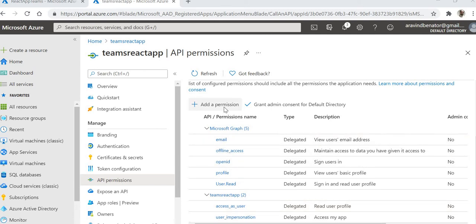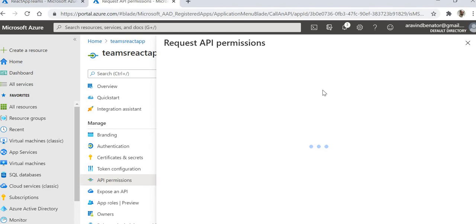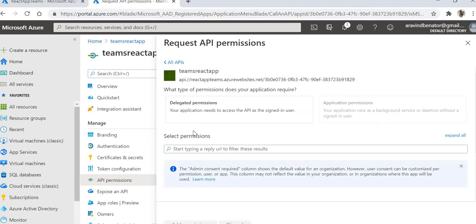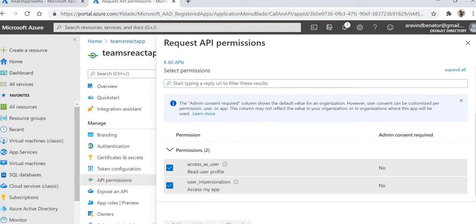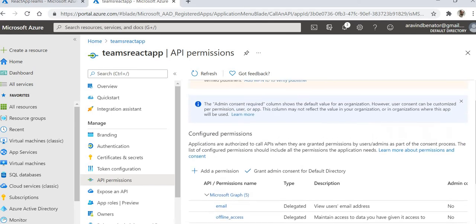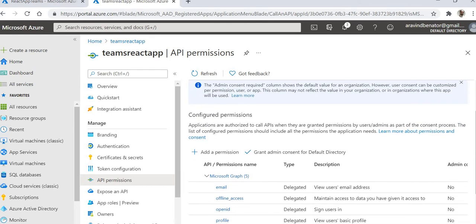Under add permission, my APIs, I selected this registered application, and delegated permission I have given. So access user impersonation, these are the two scopes I have created. For both scopes I have given the permission as well.